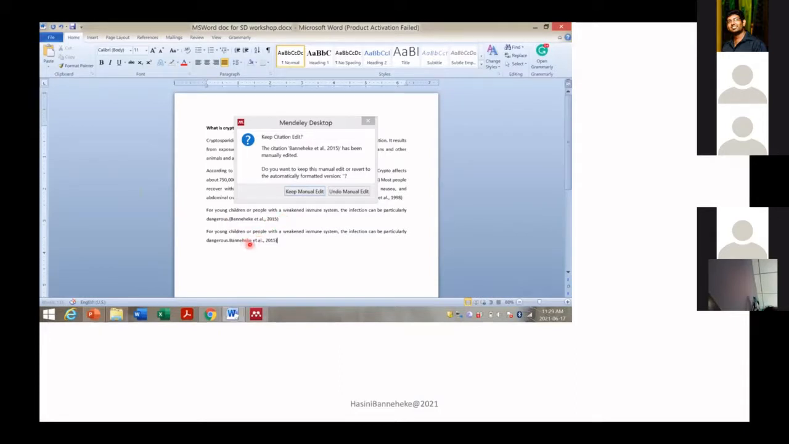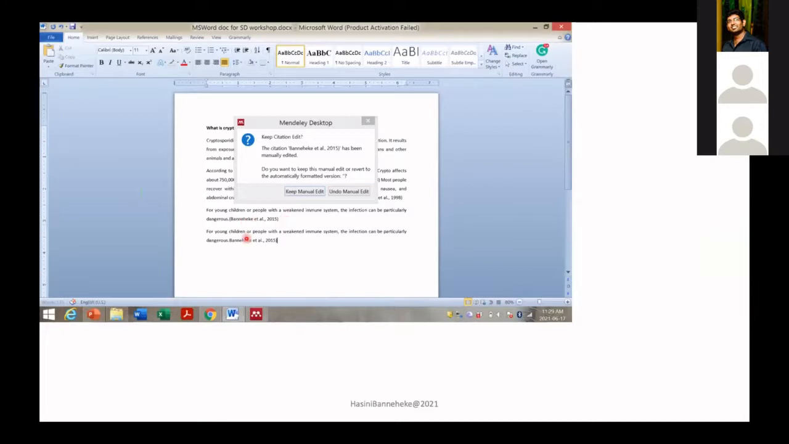We sometimes wish to give more prominence to the author and bring the author as the starting point. So instead of Bunhack et al. 2015 appearing within the brackets, I want Bunhack to come at the beginning of the sentence: Bunhack et al. 2015 reported that for young children and people. I want to bring the author to the front of the subject, and all I have to do is remove this parenthesis. So when I'm removing the parenthesis, this